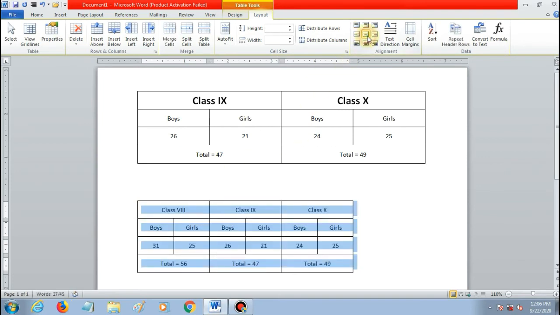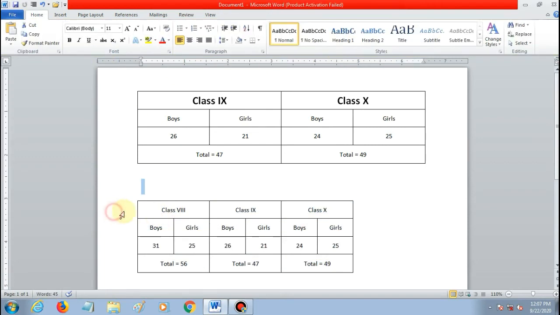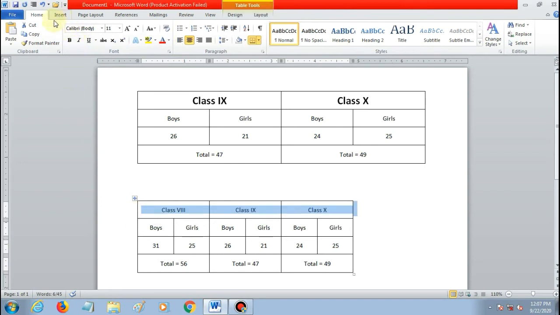Select the entire table and align in the center, middle of a cell. Make it bold and increase the size.